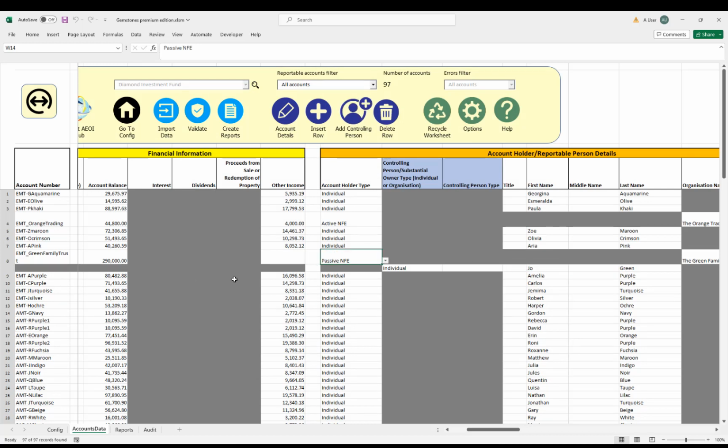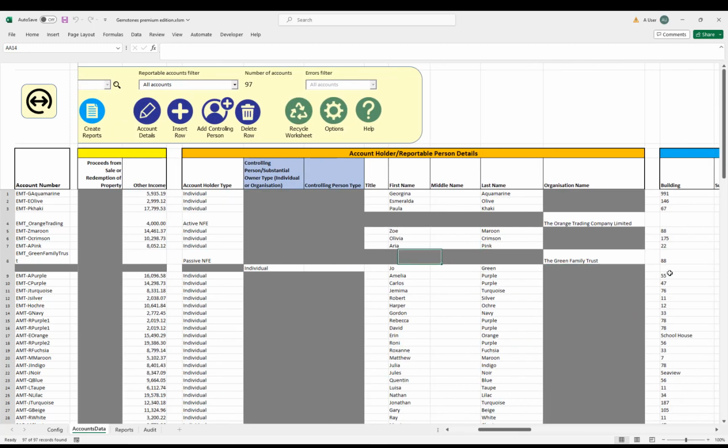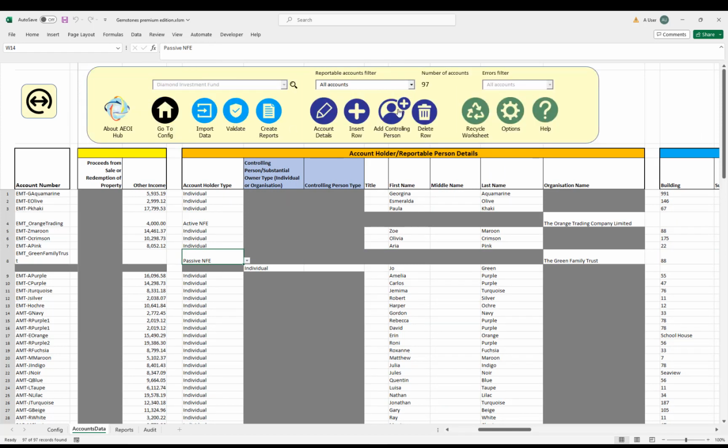So the way in which the template works is that you add any controlling persons directly underneath the passive NFE on the worksheet. So you could do that by using the Add Controlling Persons button, or alternatively you could simply, as you're going through, ensure that you enter the details of the controlling persons using this controlling person substantial owner type to denote it as a controlling person.